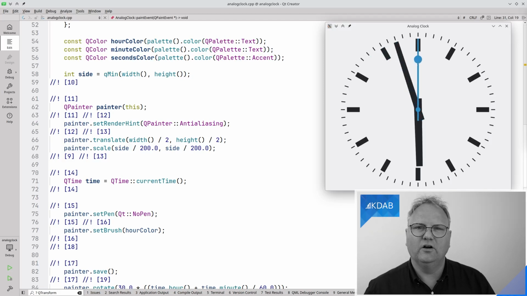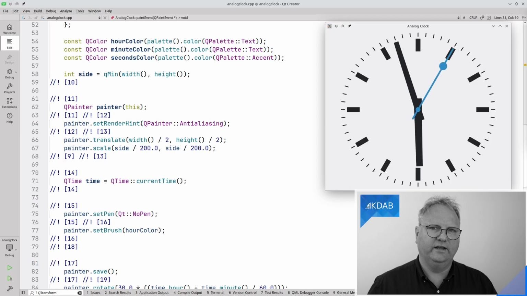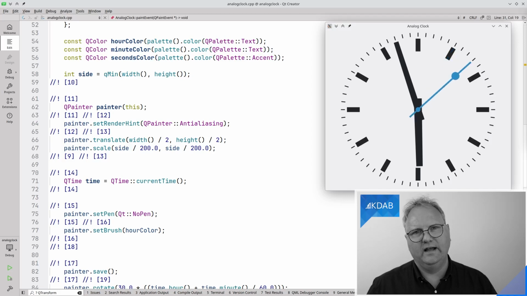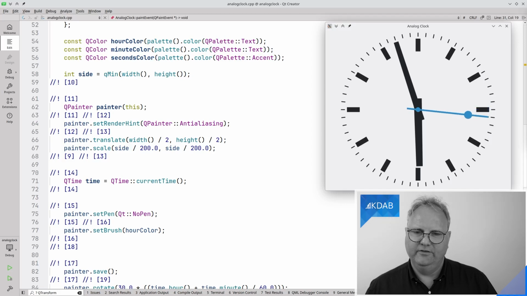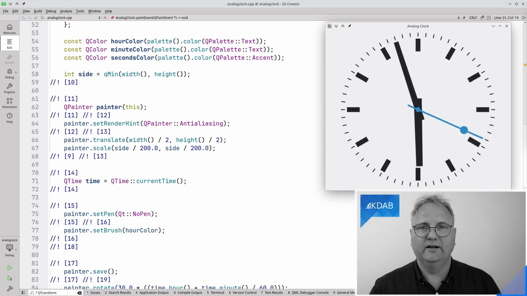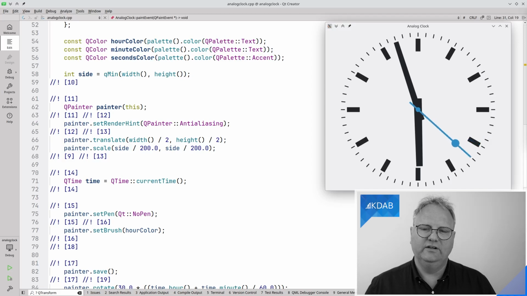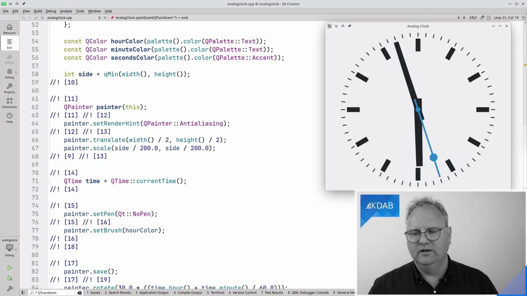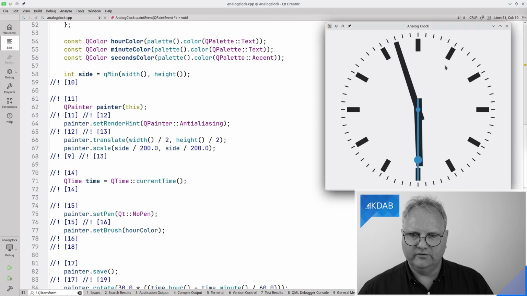Anyway, this clock, I'd like you to pause the video now and think about how you would draw that clock with the knowledge that you have, minus transformations, mind you. What you likely came up with when you were pausing was that you needed to do a lot of calculation and figure out sine and cosine, and how do you even draw this arm over here. Well, this is 0,0, so down here we have something, and you need to figure out how to do this.